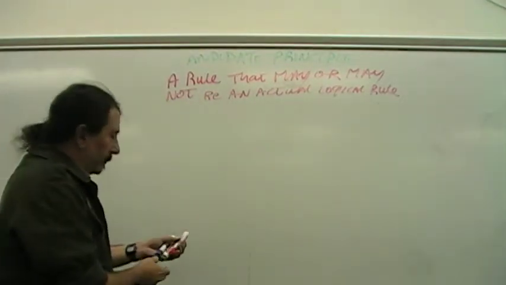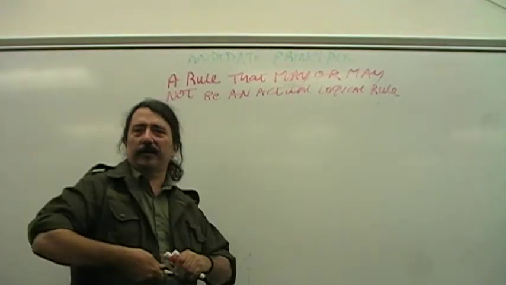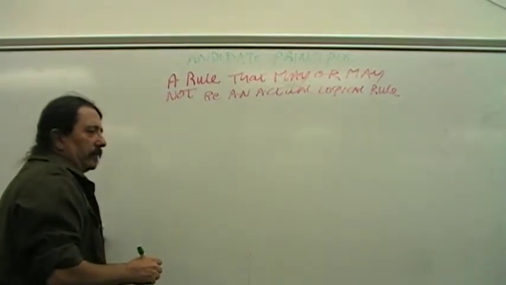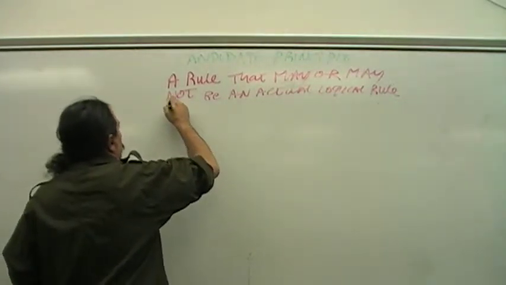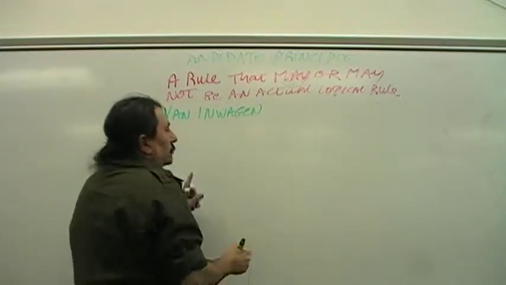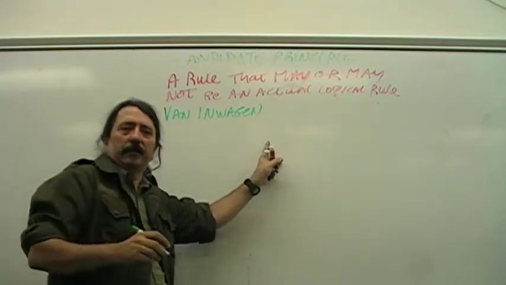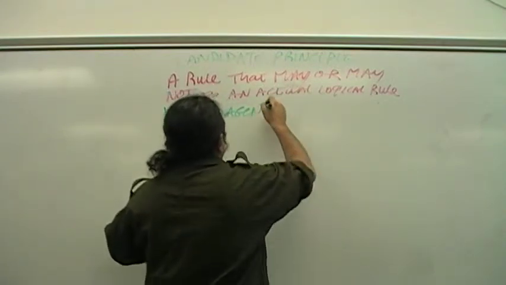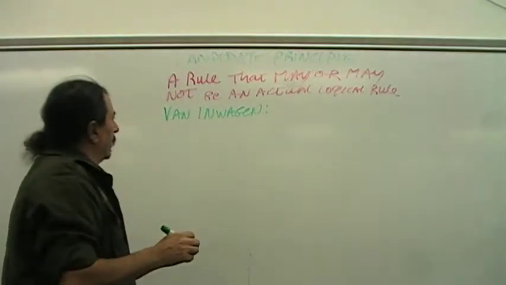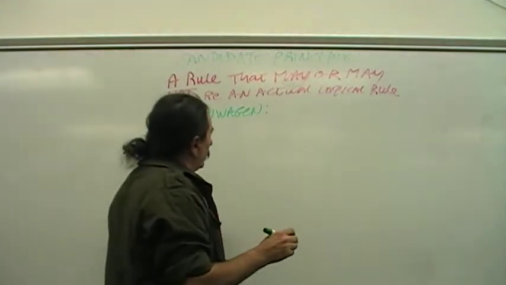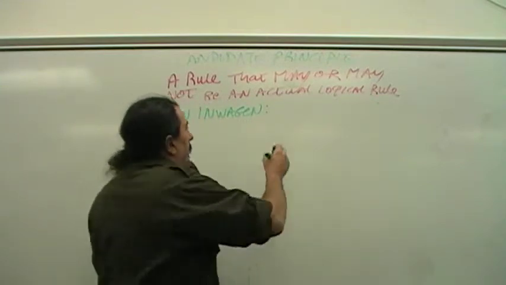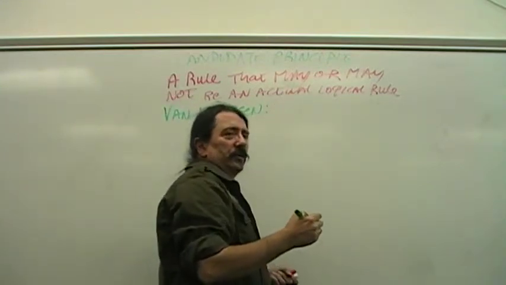Right. So that's Honderich, and that's why I think Honderich doesn't make sense. Then we have Van Inwagen. I'm not sure how to pronounce it. Van Inwagen. It's called the consequence argument because it talks about stuff being consequences of other stuff.